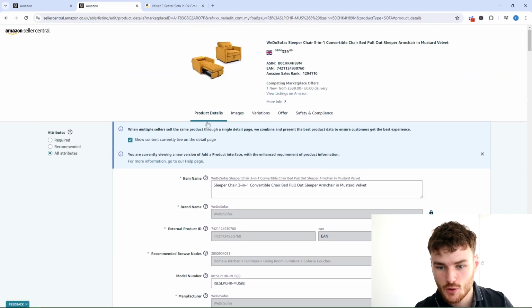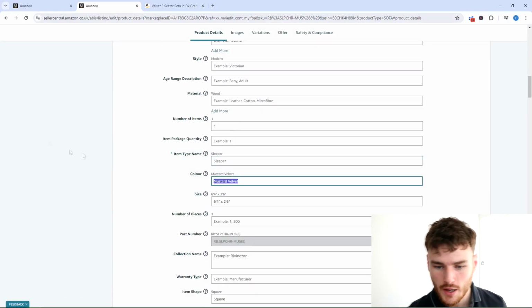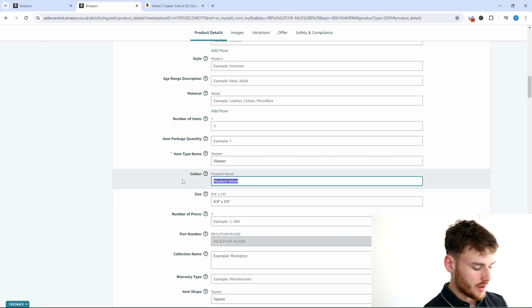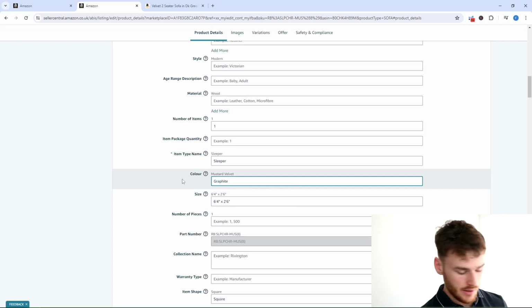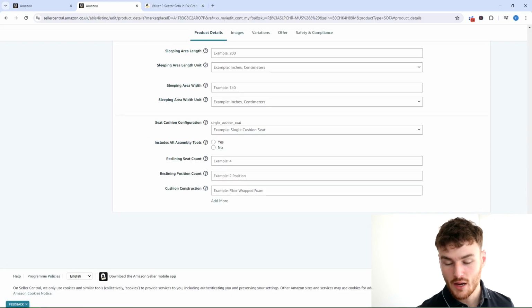So go to product details and scroll down to colour. Completely missed it, there we go. Colour. So right now it's all fixed, it's fine, it's mustard velvet. However, it was graphite grey previously. So to fix this, you need to edit one of the words, so you can change one of the words. So rather than graphite grey, we'd type in graphite, so then scroll down, save and finish, wait about 5 or